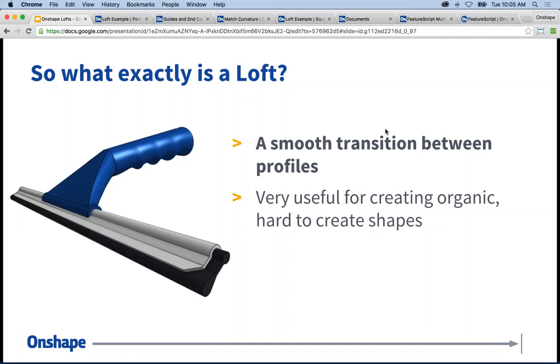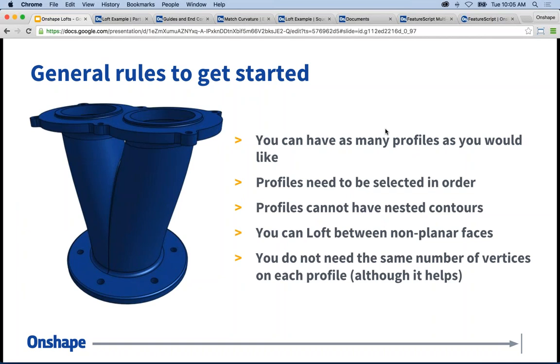So that's loft in a nutshell, a smooth transition between profiles that you select. Now, before we get into actually creating some lofts, I do have a few tips to get you started. These are just a few frequently asked questions, things that I always like to tell new users about the loft command in general. The first, and it's a frequently asked question: can you have more than 2 profiles in